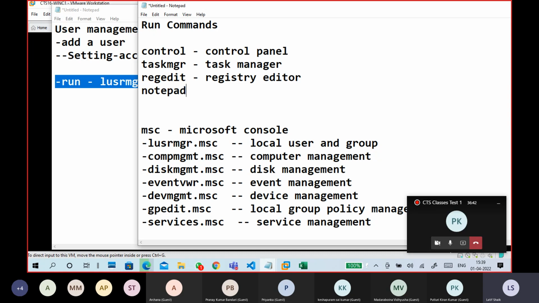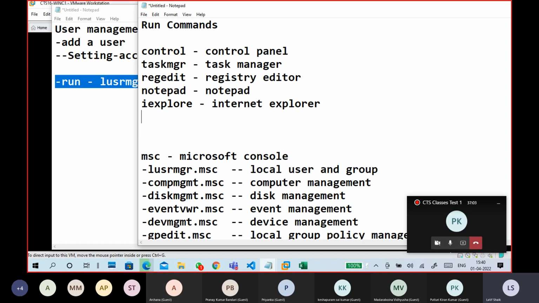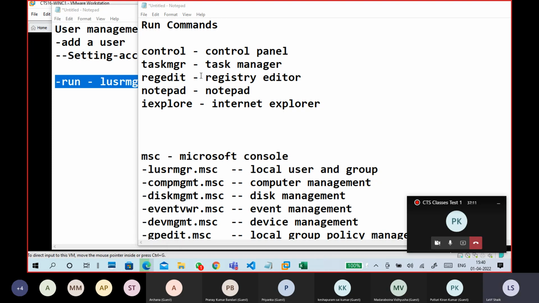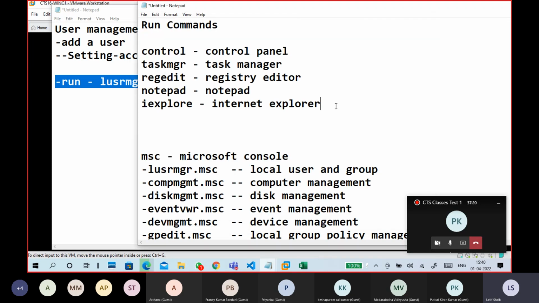You can open notepad also, just type notepad. Okay, iexplore, Internet Explorer. I put iexplore. We'll see if it throws an error or opens anything. It's opening Internet Explorer. It is a very old one, guys, not required now.